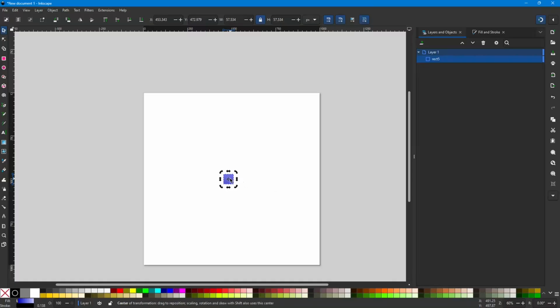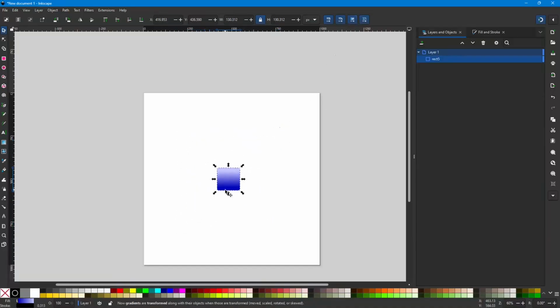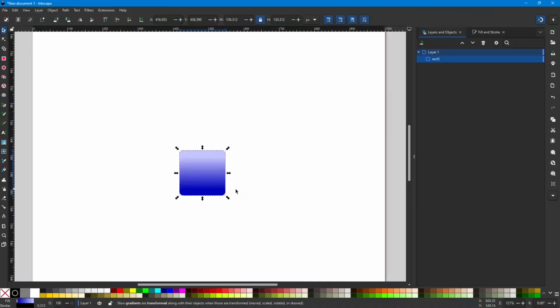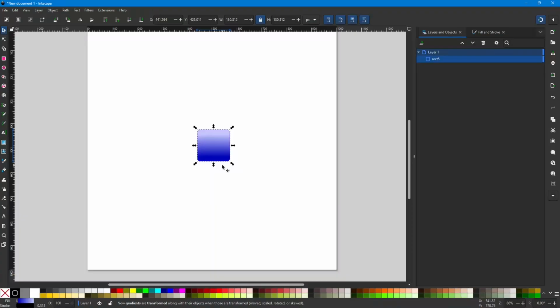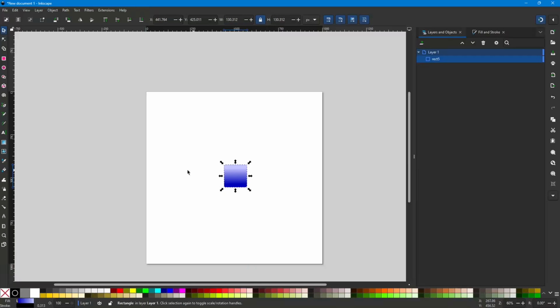See now if I scale this back up with that turned off, I'll get my gradient back as soon as I let off. And now if I turn this back on, the gradient will change with the shape, which is what you want a lot of times. So that's why that's the default. And that's why I didn't want to get into all of this, because most people aren't going to use that feature. Some people might, like if you're drawing and you're drawing it really small and then you want to expand it up,